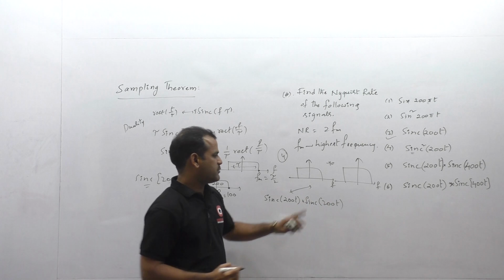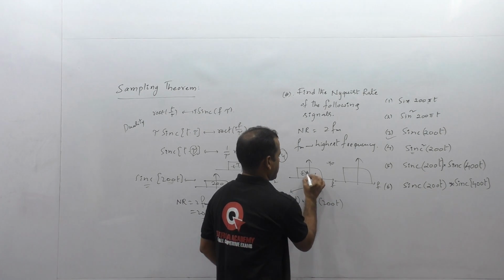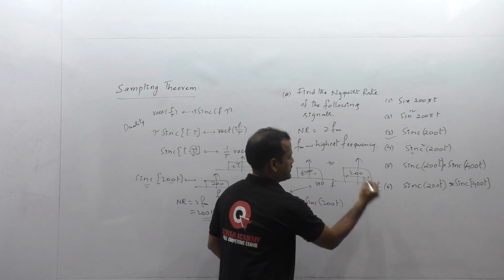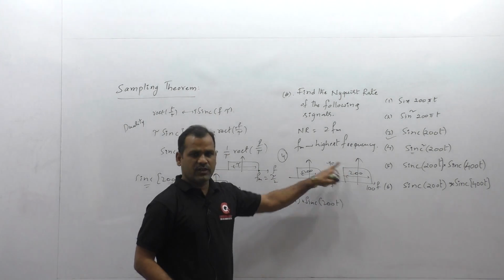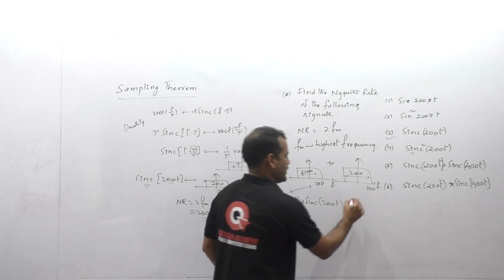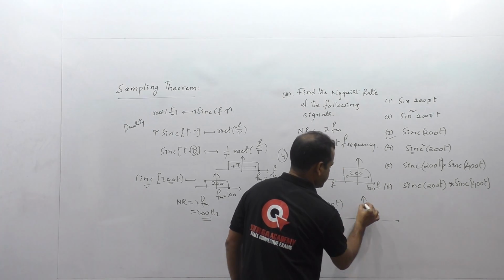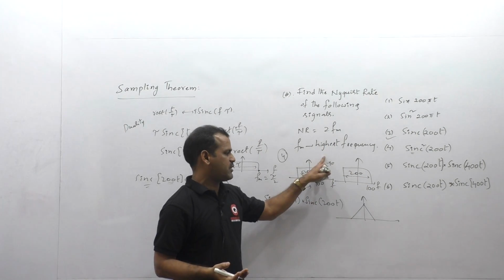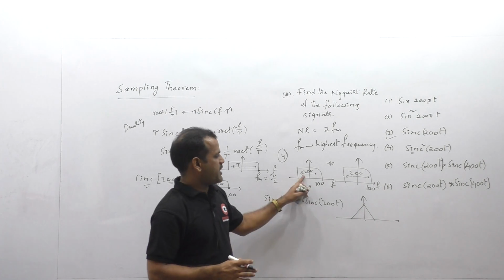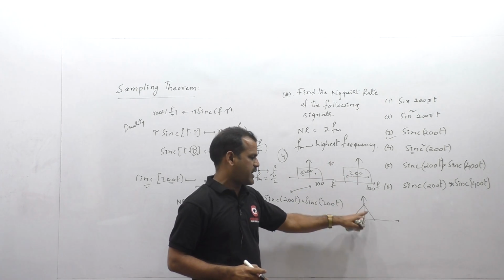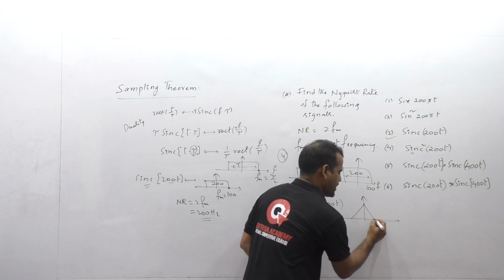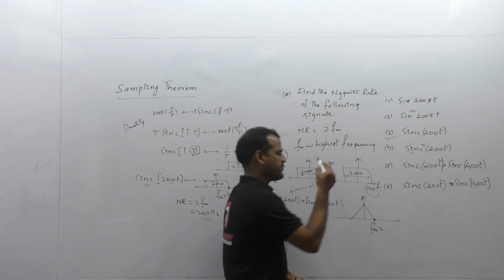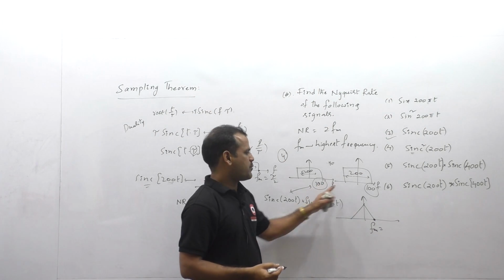So here, 200 width for both. That means you can take 100 here as the highest frequency component, and whenever convolution of two rectangular functions is performed, we will get a triangular function if both are of equal width. If different width rectangular functions are convolved, we will get a trapezoidal function. If same width rectangular functions are convolved, we will get a triangular function with the highest frequency component Fm, which is equal to the sum of the highest frequency components of the individual functions here.